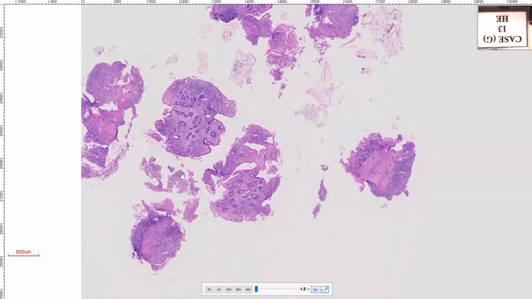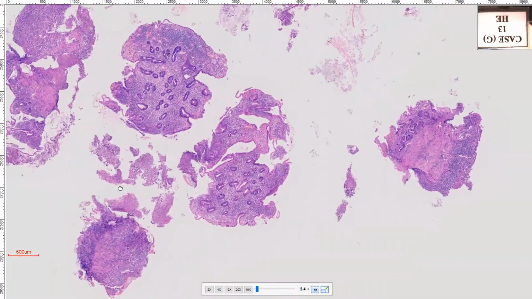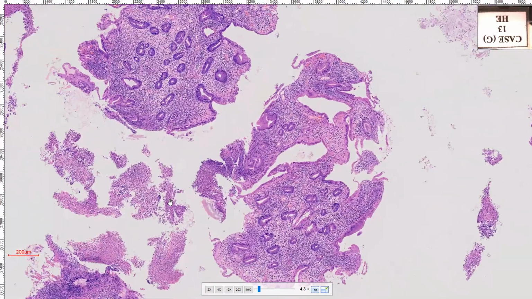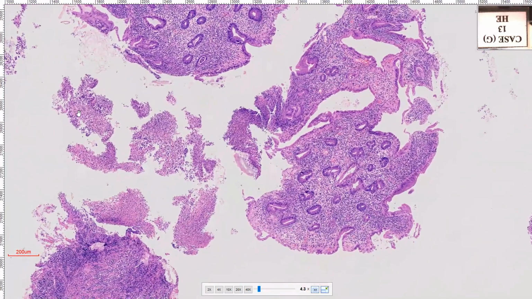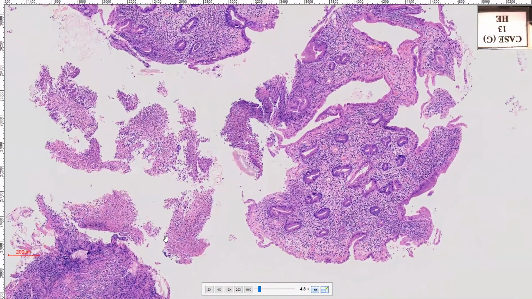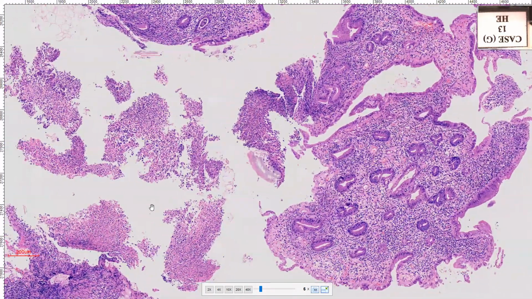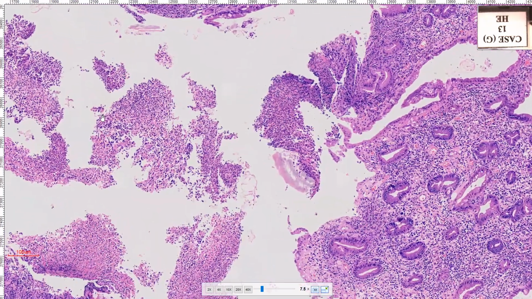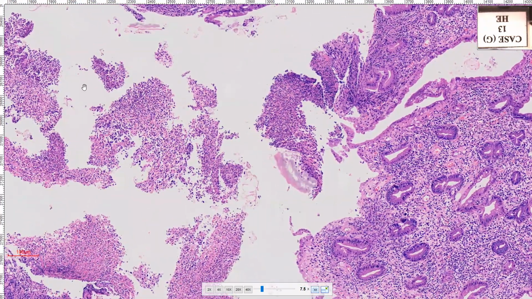In addition to the surface epithelial abnormality, the other thing that we are seeing on the surface is the presence of this ulcer slough. So there is abundant neutrophilic exudate on the surface. Definitely there are areas of ulceration like we could see here. This is an area of ulceration which is covered by abundant neutrophilic exudate. We call it neutrophilic exudate because we see a predominance of polymorphs within the exudate. So the content of the ulcer is basically abundant polymorphs.